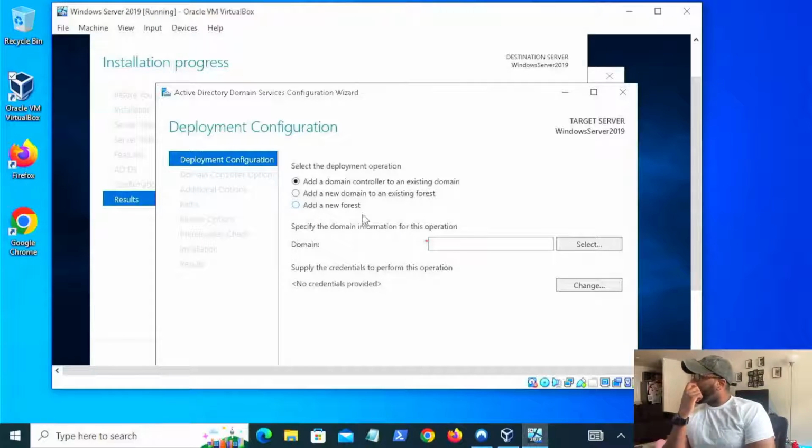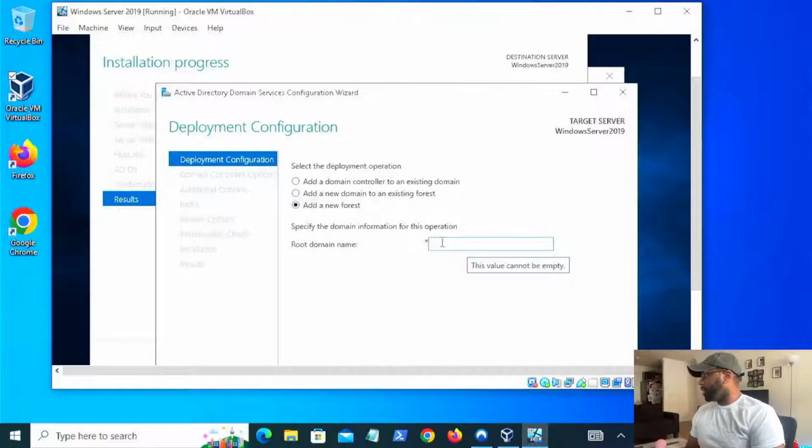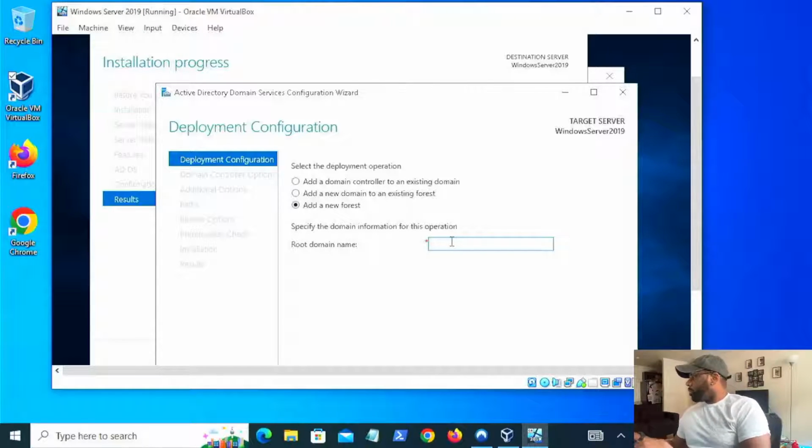Not really too sure what that entails, adding a new domain. I guess that's setting up a separate domain with resources in it. The domain controller is a machine that's going to control that Active Directory instance, I guess. And then add a new forest. We're doing something starting completely fresh. So this is a new forest. The forest, from my understanding, consists of one or more domains. Correct me if I'm wrong. So this is going to be